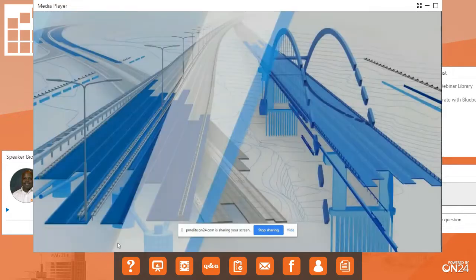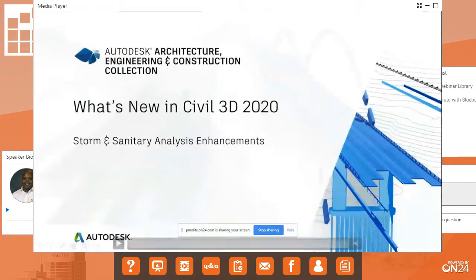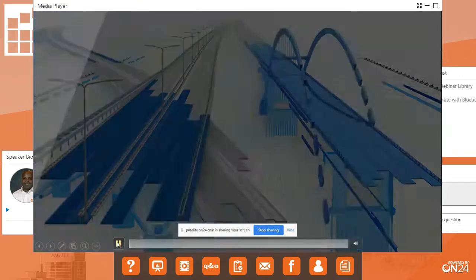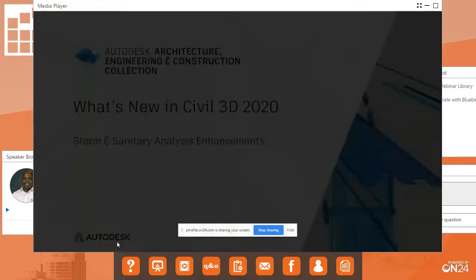From that, if we just jump back one, and most of what you will see also will be performed